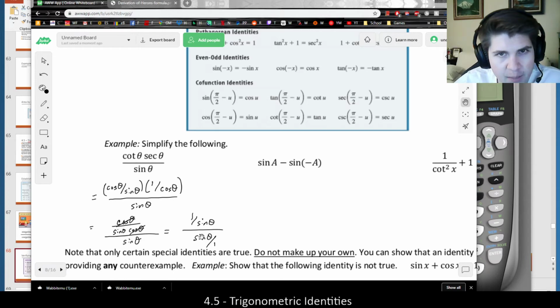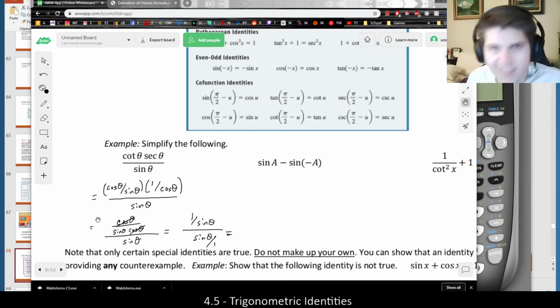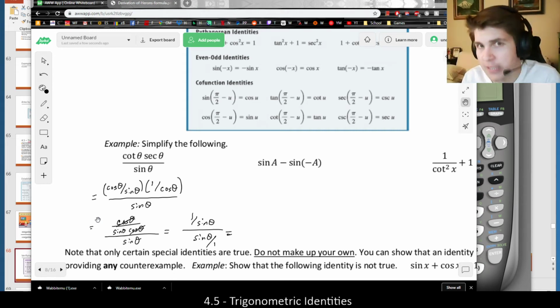Really, a fraction divided by a fraction, I should flip and multiply this. So notice that we're using a lot of basic algebra rules, right? Rules of fractions and so on. And all your previous knowledge of algebra is going to be really critical here, which is why